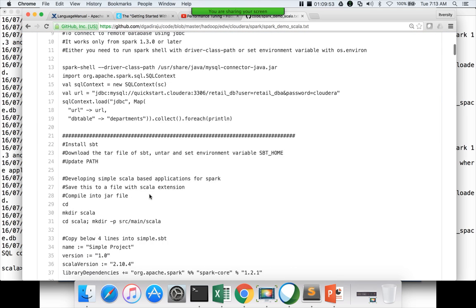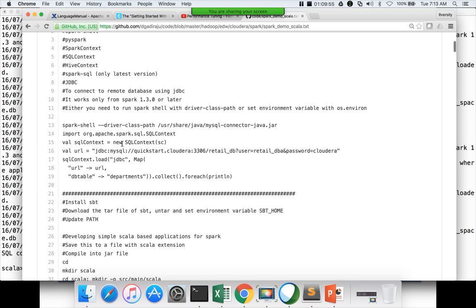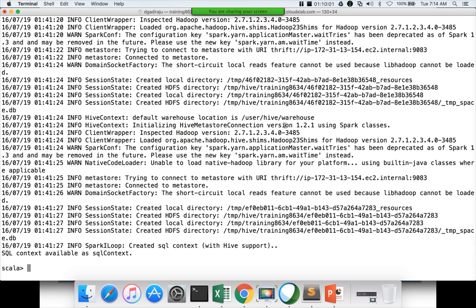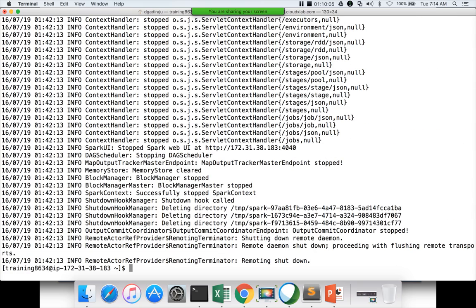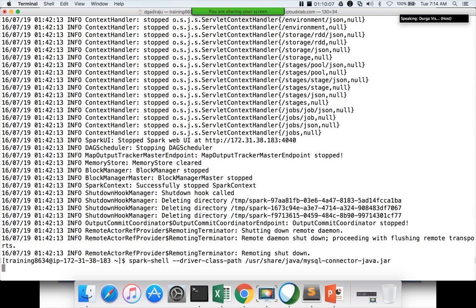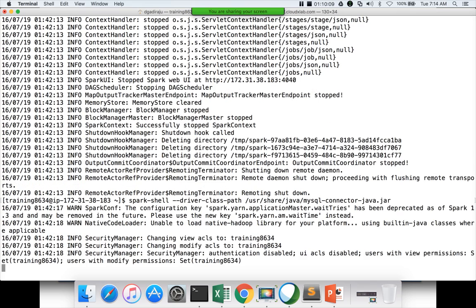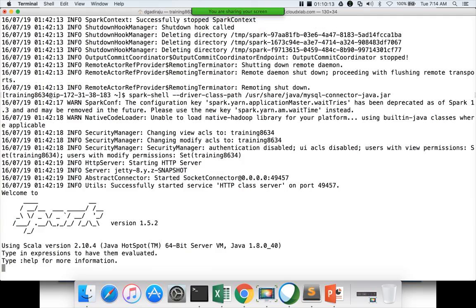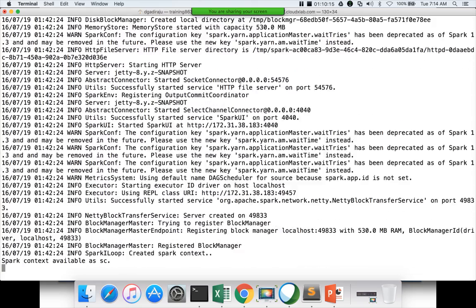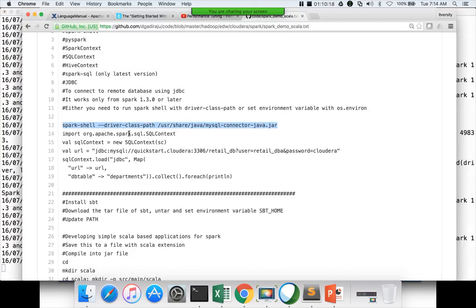Okay, so you can actually run spark-shell with this. I'm exiting and I'm launching with this jar file. We can add it after launching also, but I have this as part of my GitHub repository, so I'm using this command. And then